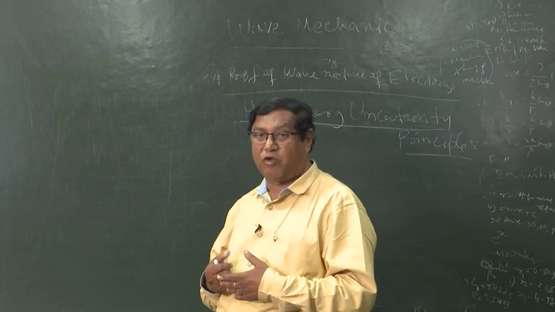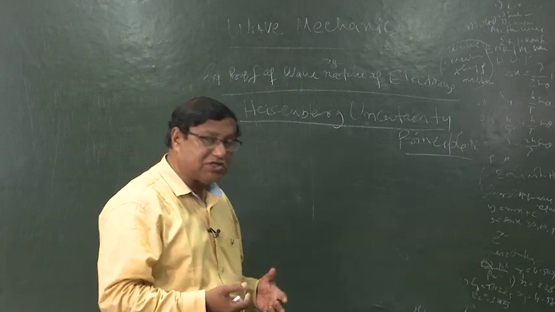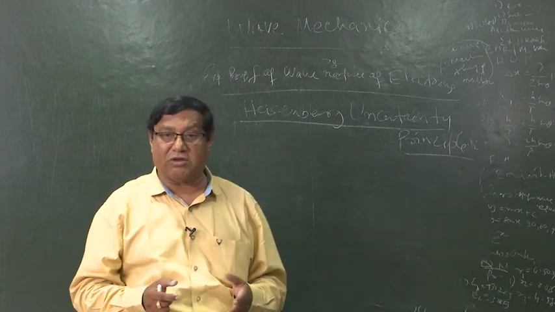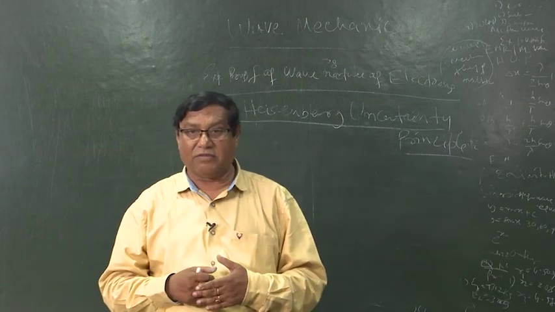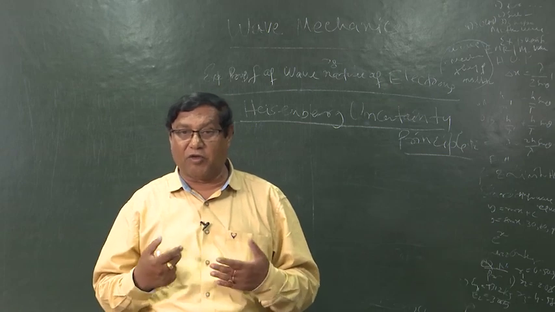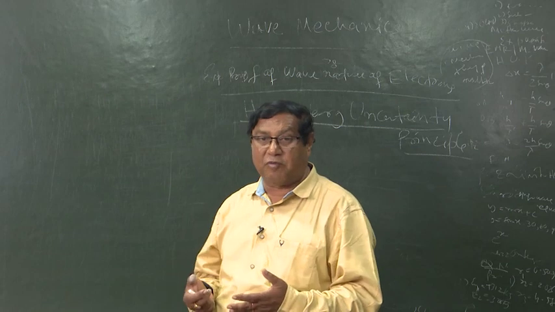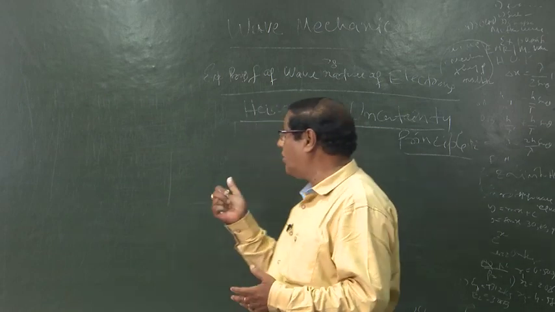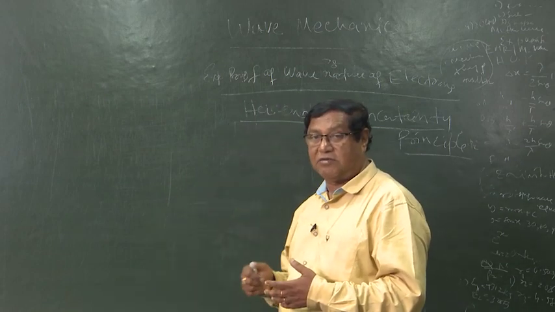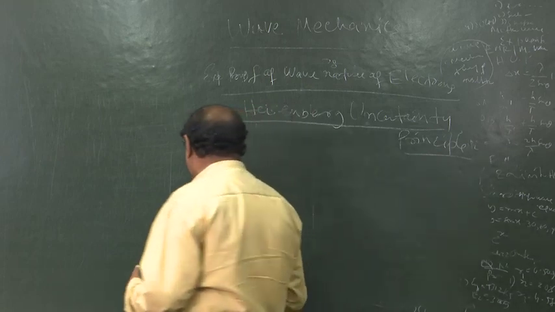So, this creates a problem: how to get the velocity of the electron as well as the position of the electron at the same time. We cannot get it because it behaves as a wave, it is not only a particle. Therefore, this problem was solved by Heisenberg's uncertainty principle. The Heisenberg's uncertainty principle tells that